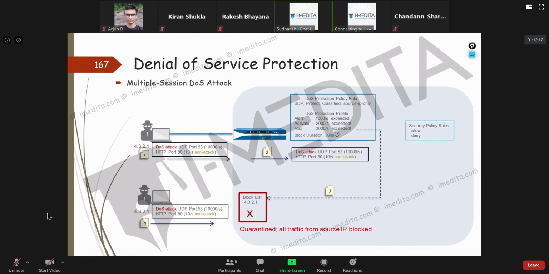Your DOS protection will not block any traffic from those people because they have not crossed the threshold. But collectively, suppose there are 100 such people all sending 900 packets, they might overwhelm your server or resource, and then you cannot say that your Palo Alto didn't do anything. You get the point?